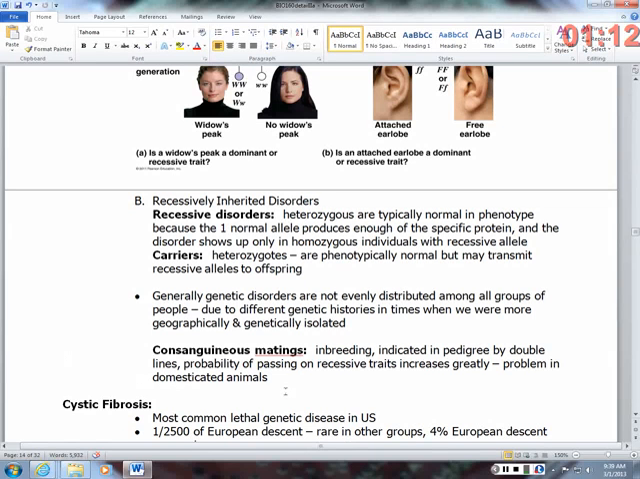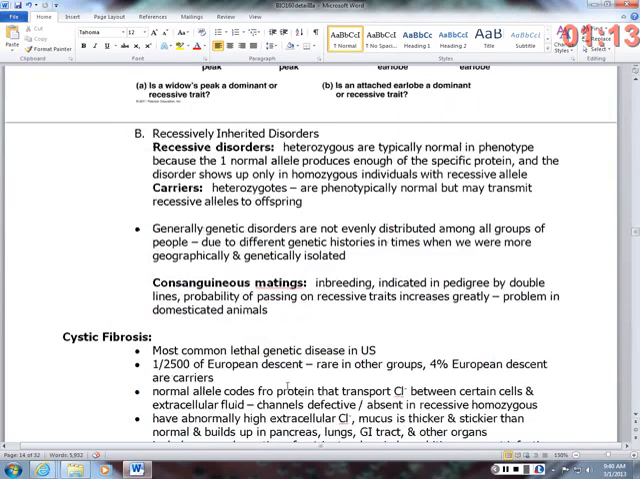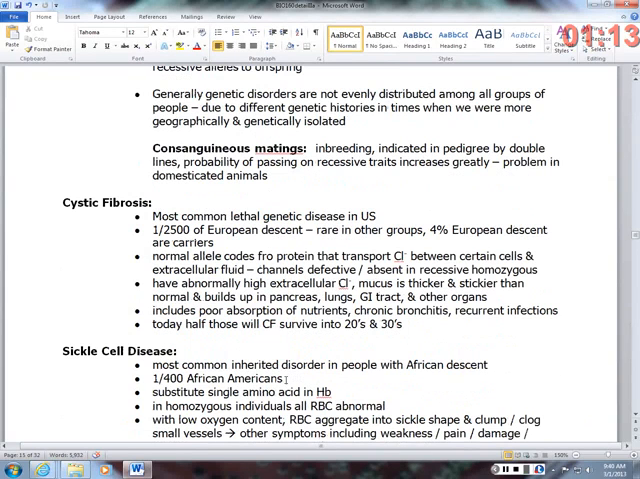Consanguineous matings are inbreeding, and it's indicated in a pedigree by a double line. So the probability of passing on recessive traits increases greatly. And you see this a lot with domesticated animals. A lot of times with dogs and cats, particularly common breeds, say like a golden retriever, people have bred brothers